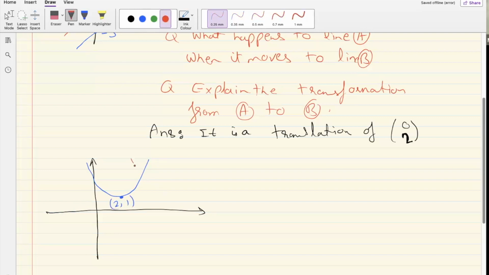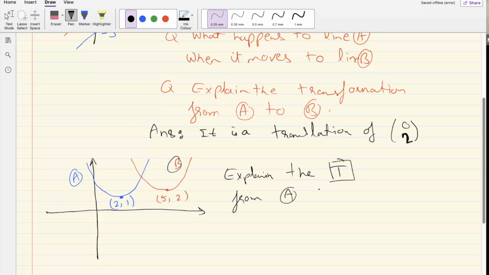And then we have a new curve whose turning point is x5, y2. And the equation is not given. The equation is not given. Again, from A to B. The question says, explain the transformation